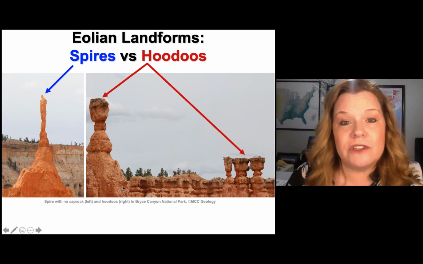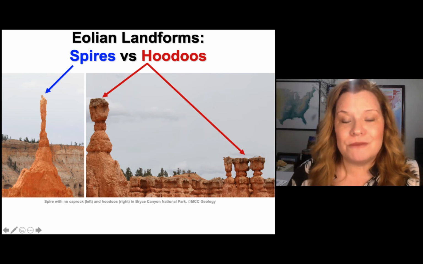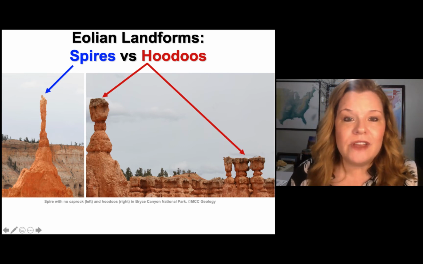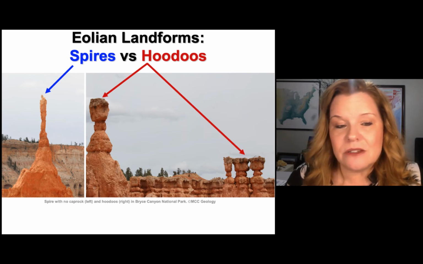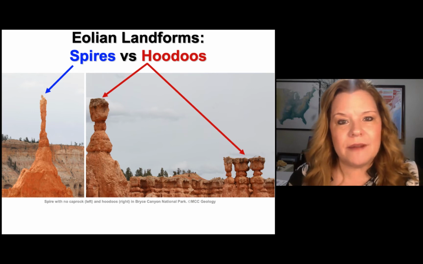It'll probably just disintegrate. I've been following hoodoos in Bryce now for a good 20 years, and in the Tropic Ditch area, where there's all this concentration of the Claron Formation, which makes these hoodoos, I've seen spires disappear in less than a year. So it's kind of a unique thing.